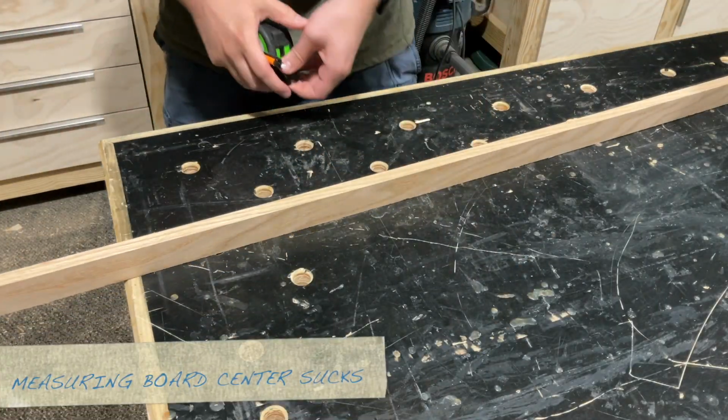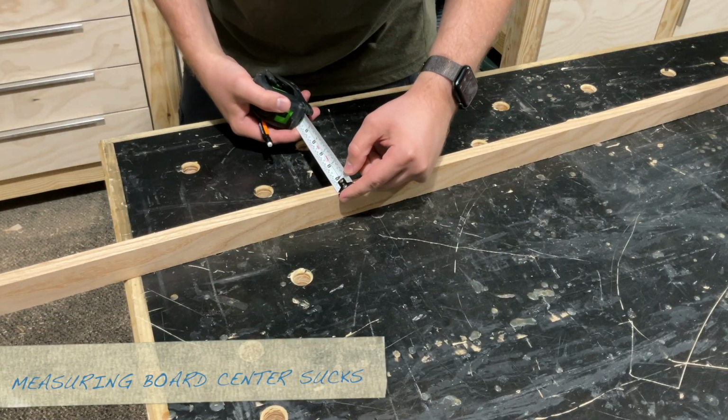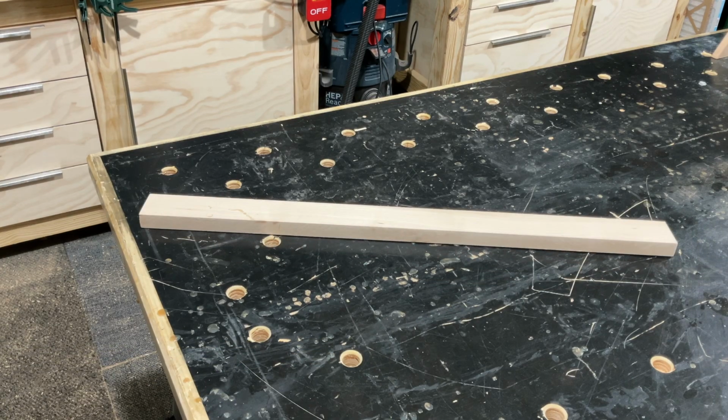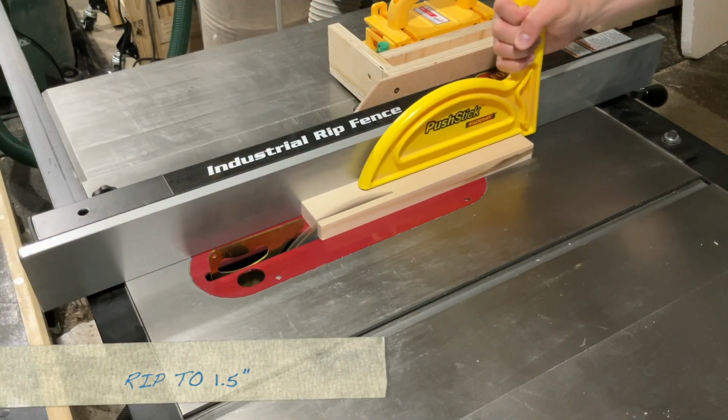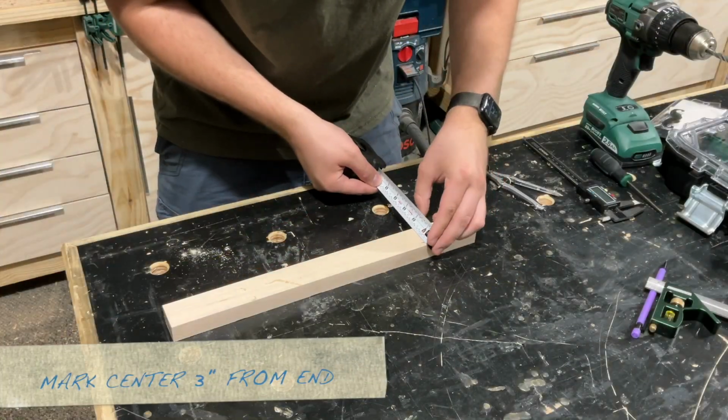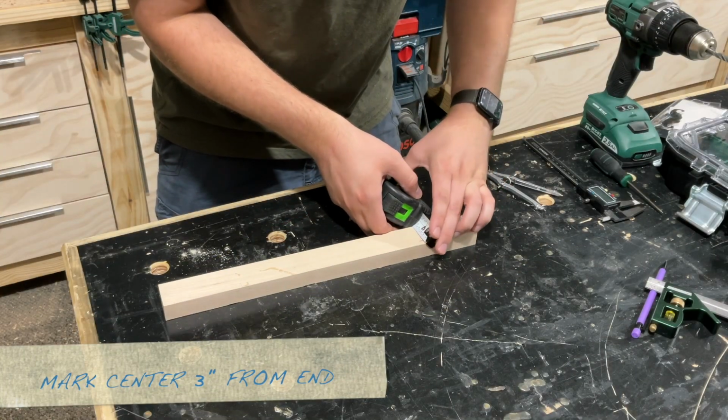Measuring sucks when you just want to draw a line down the center of a board, so I'll be making a center finder. I'm making mine out of maple, and I'm starting off by ripping a 1.5 inch strip. After that, I mark about 3 inches from the end because the whole thing is going to be about 6